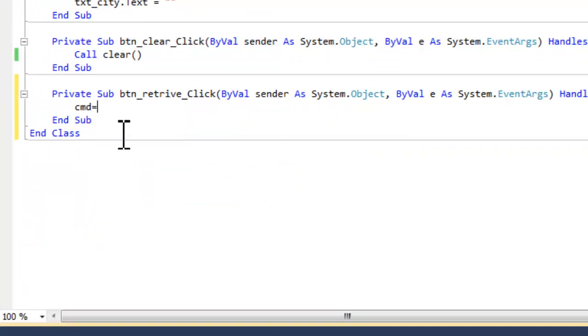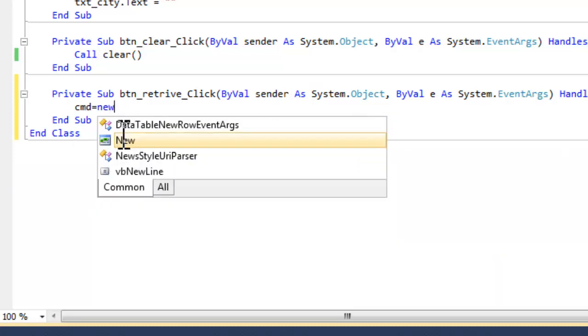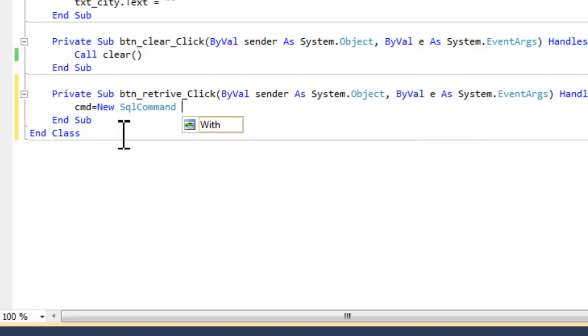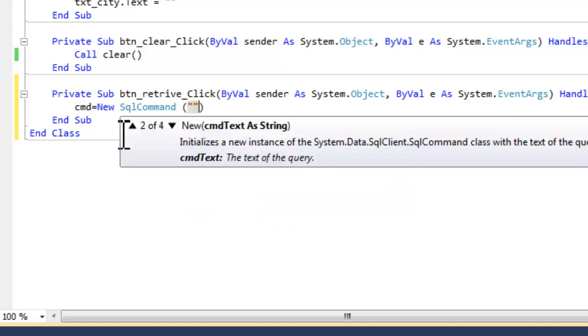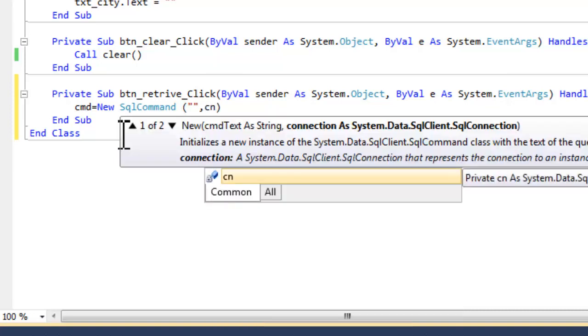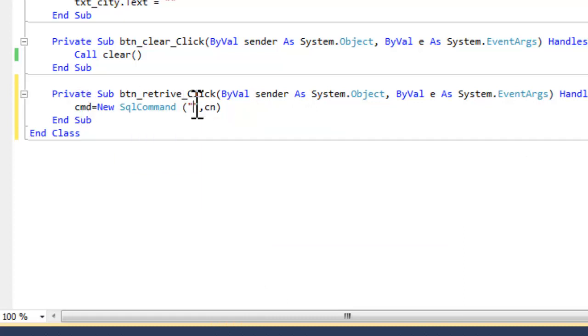For fetching data we are using a select query. cmd equal to new SqlCommand. We have to initialize the select query with the SqlCommand class, whose object name is cmd, and with that the connection cn. So we write the select query.